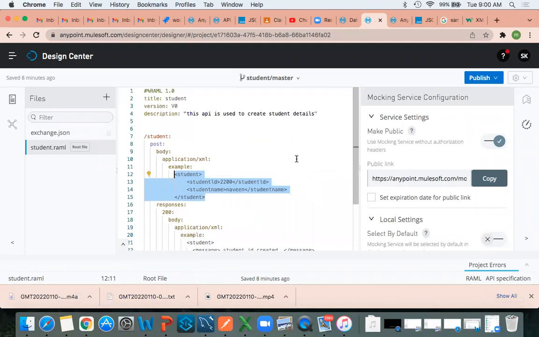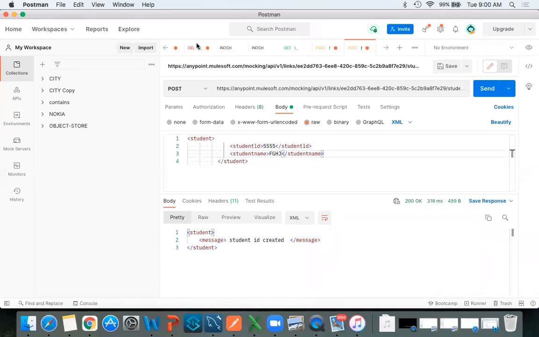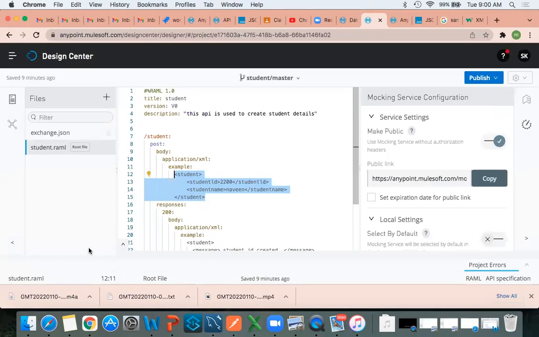My question is, in the Postman body, instead of student ID, you want to change it to student XYZ, here in the request body. But you will get invalid something, right? One second. Student ID you don't want. Just I wrote student. Okay. We're talking about this, right? So we know we will get this kind of error. So we will copy this one and keep it there. Can we copy this entire request body? You can copy paste it. Okay. You are saying you want to keep it here. Correct. Yeah, you can do that.